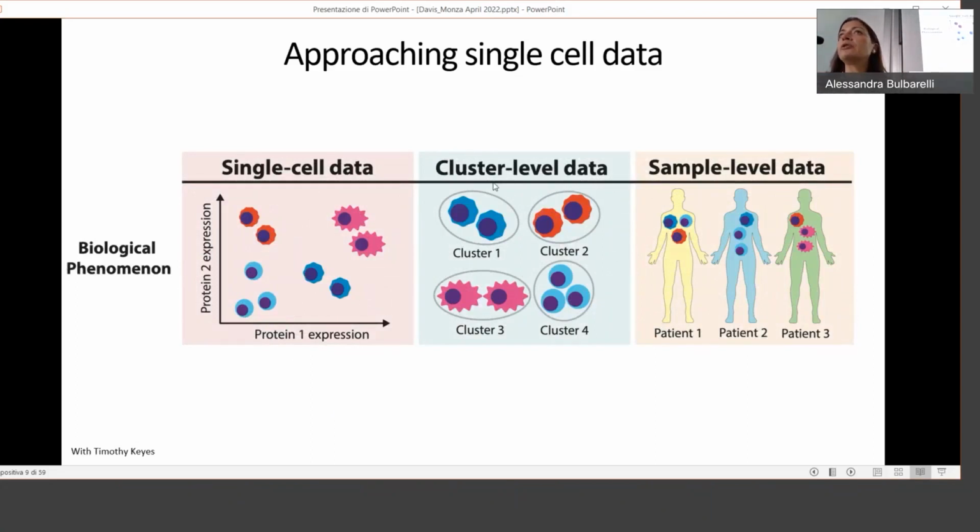So maybe you're looking at and you want to say, how are the monocytes compared to the neutrophils, compared to the, whatever, megakaryocytes, let's say. And then the next level up is the patient level data. So how are you making these comparisons then across patients or cohorts? And all of these different levels of analysis have their own tools that are already available, their statistical challenges and approaches that we think are best practices as you start to approach that data.